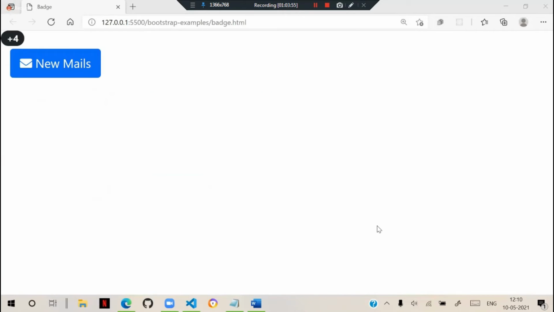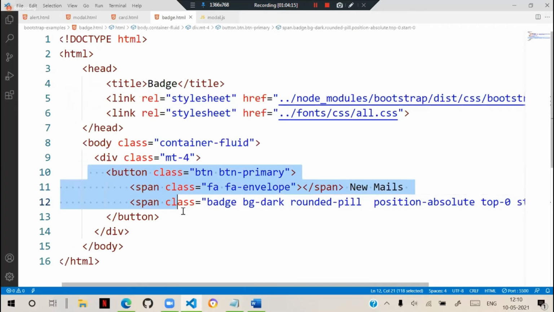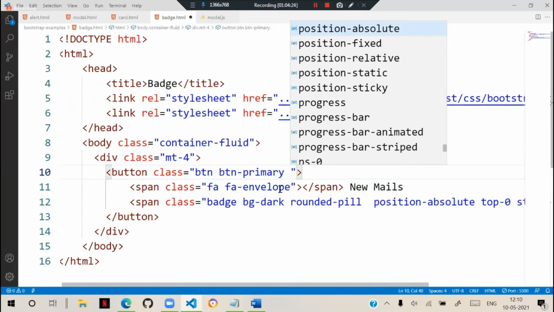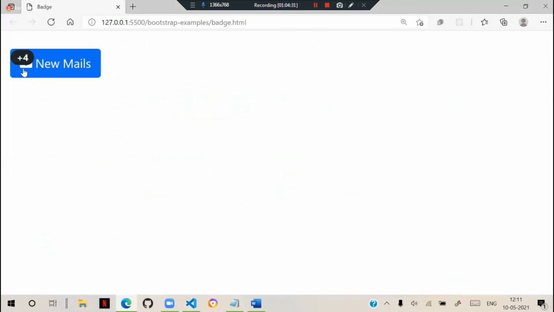Have you practiced these positions? Actually, combinations must be there. Very important is the combination. See, the point is we need to make sure that your button is a container for this span. That means the position of the button is also very important. If you keep the position of the button as relative, that means the button will be relative. Now top here will be there.